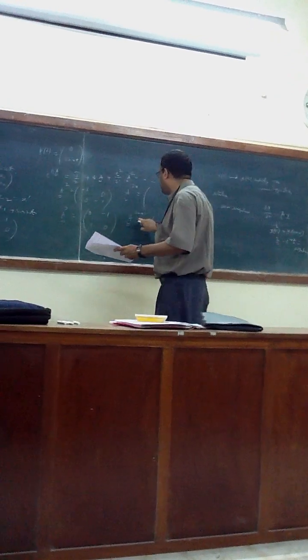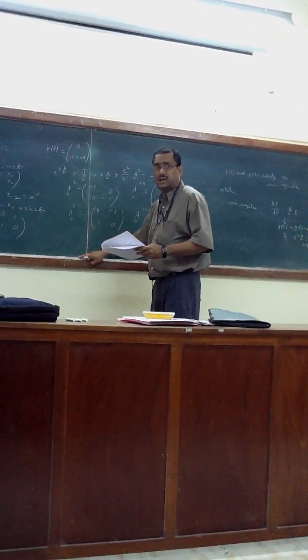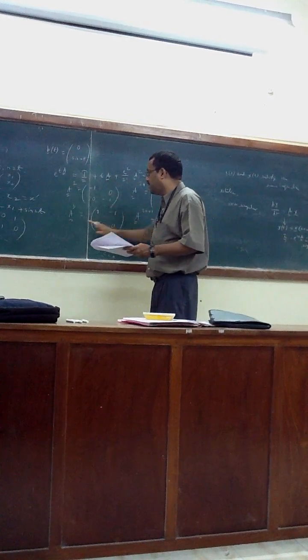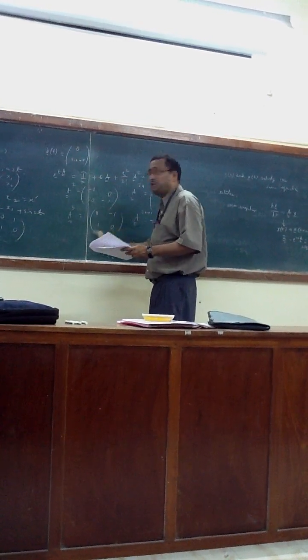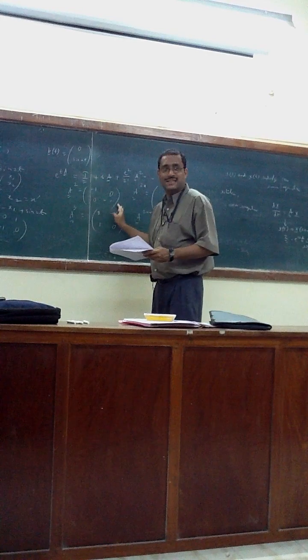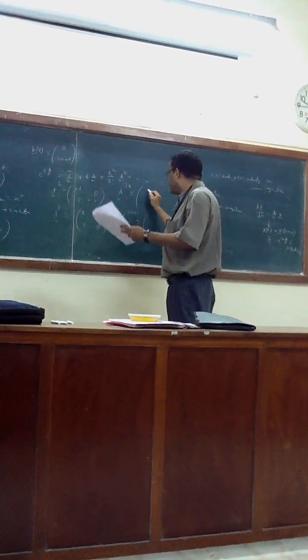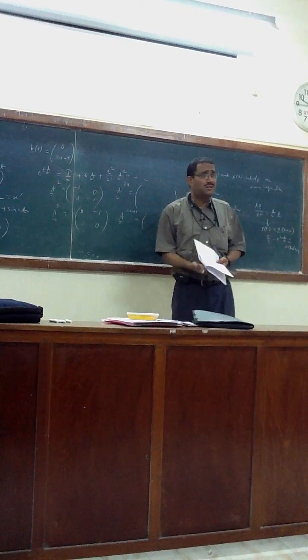See, this 2n actually satisfies 2, 4, something like that. A to the power 4 will be also minus 1, 0, 0, minus 1. A to the power 5 will be 0, minus 1, 1, 0. A to the power 6 will be like this. A to the power 7 like this. So now tell me the answer. Minus 1, 0. Again you are saying minus 1, 0. It cannot be.